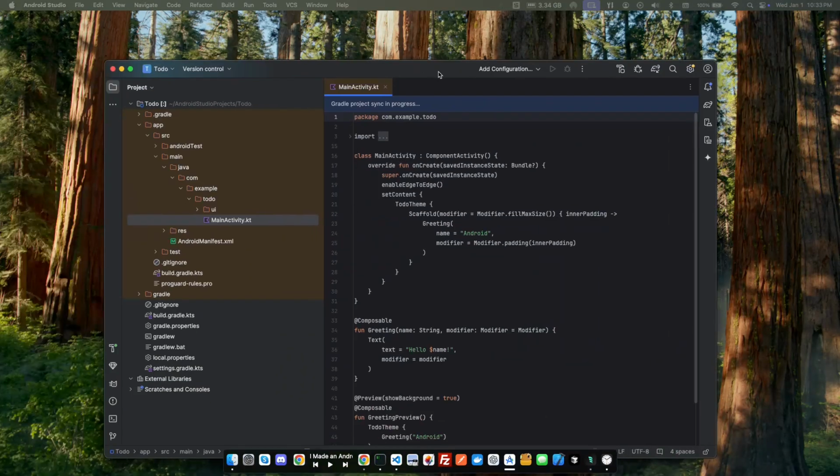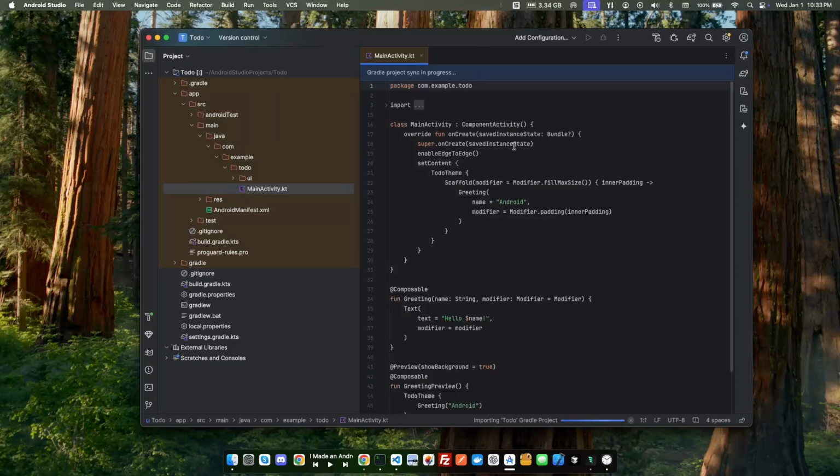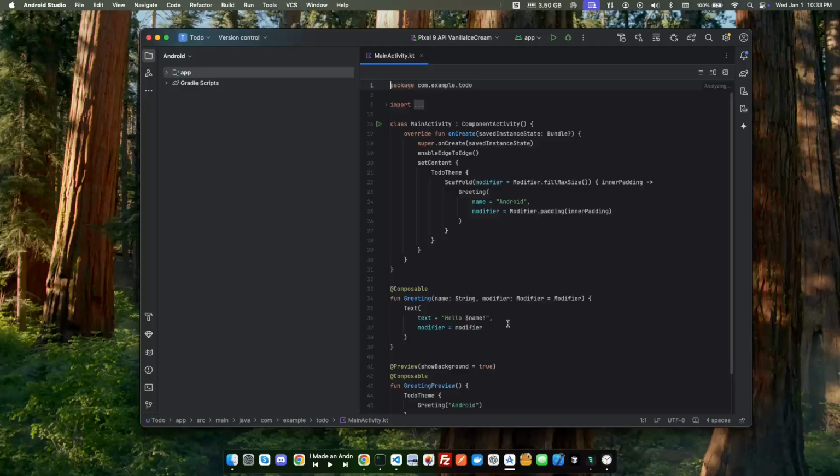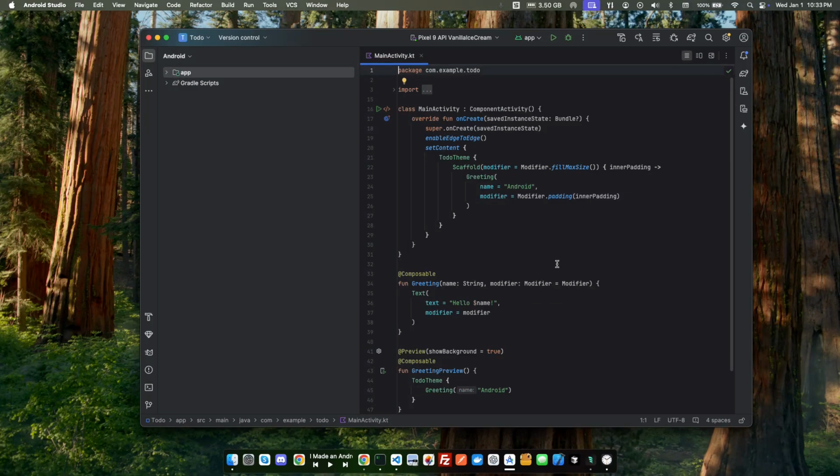And so now it has built the bare bones. Since we went with empty, we just got an empty project, so there's nothing built here except for it says hello. If we go ahead and run the app, if you click this little triangle play button here, it'll open up